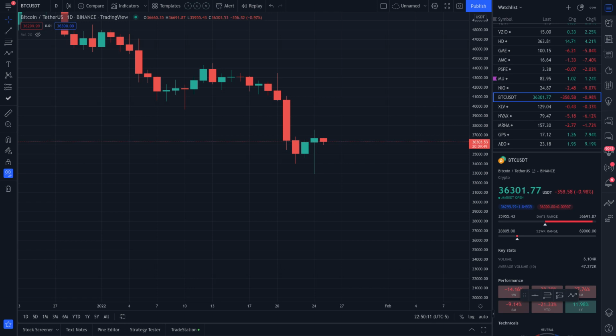As the title suggests, are we in a Bitcoin buy range right now? We're going to explore those details and exactly what to look for just in case the sellers attempt to move the markets lower. I'm going to give you one level for a daily candle to close above, in order for this to be some sort of confirmation for me to say that this may actually be a buy